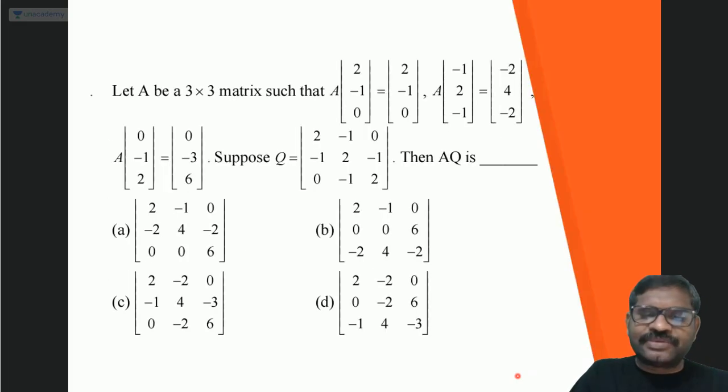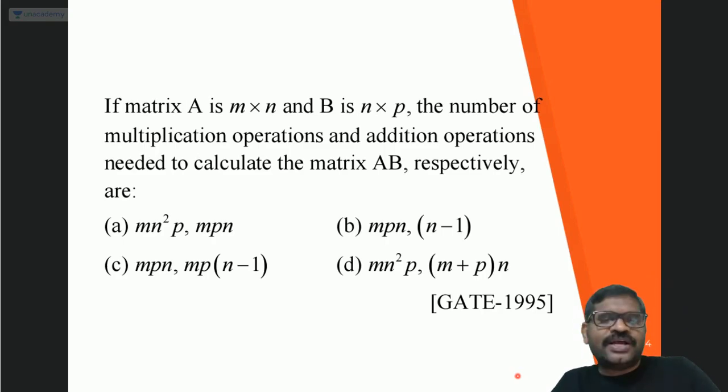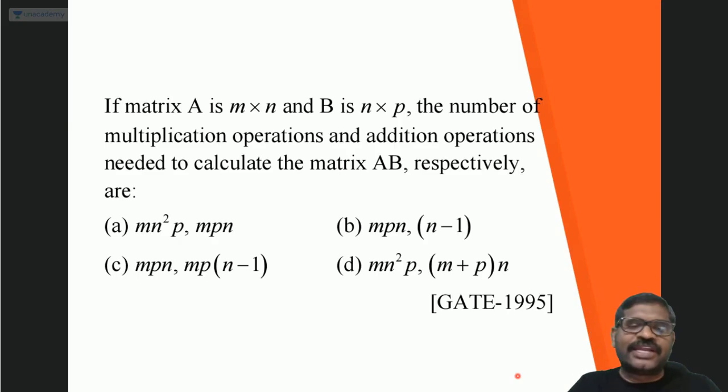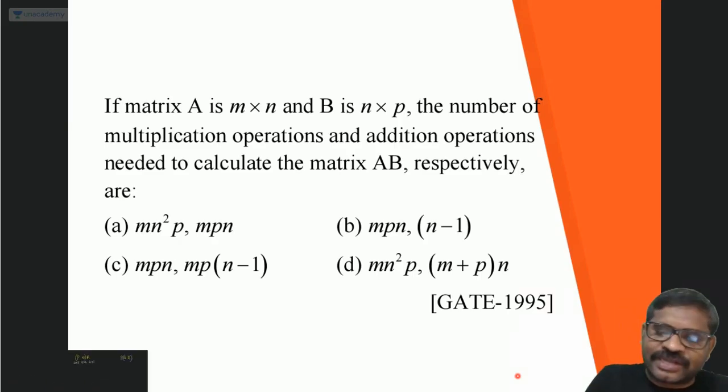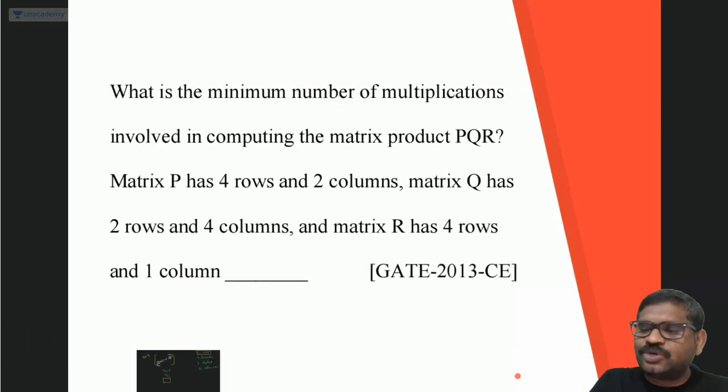Yesterday we have discussed these three problems. Matrix A is m cross n, B is n cross p. Then the number of multiplicative operations and additive operations needed to calculate matrix AB are mpn and mp(n minus 1). Right? Based on this problem, we have another previous GATE question, 2013 GATE question,